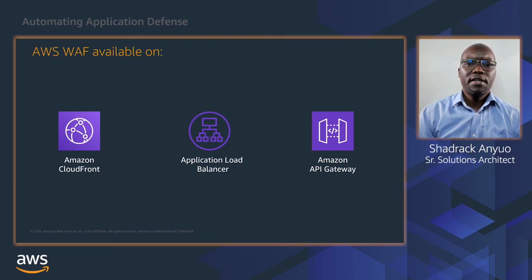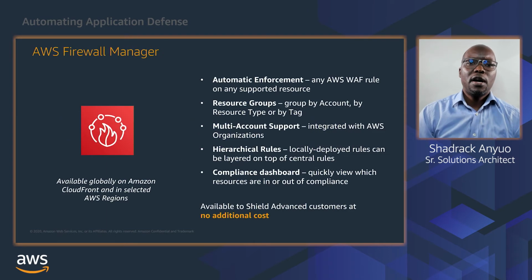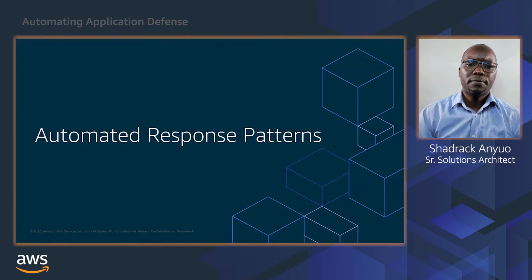Configuring WAF rules can be a daunting task in large and complex organizations. We therefore have AWS Firewall Manager, which allows you to centralize configuration and management of firewall rules across accounts and applications. It makes it easy for you to bring new applications and resources into compliance by enforcing a common set of security rules. With AWS Shield Advanced, AWS Firewall Manager comes at no additional cost. But to use AWS Firewall Manager, you need to have AWS Organizations deployed and AWS Config enabled for your accounts.